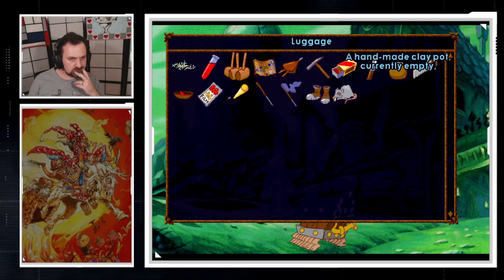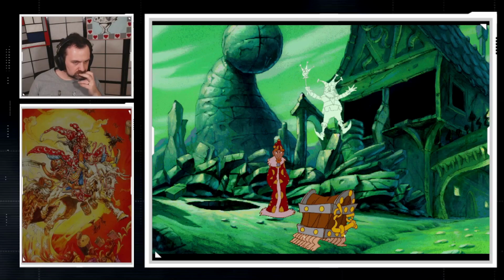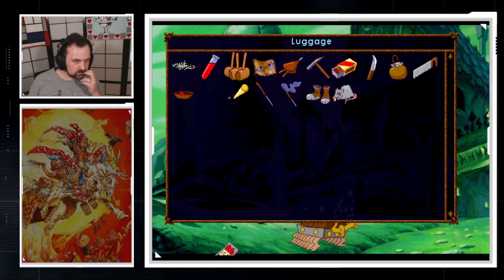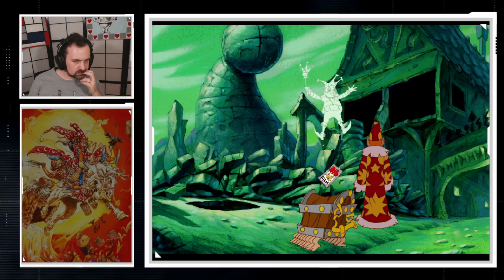A handmade clay pot, currently empty, with a maker's mark lovingly inscribed in teeth marks along the rim. Oh no, not that old saw. A clown's hooter. Now I can blow my own horn at last. A brochure about do-it-yourself clickies. I think the brochure is...